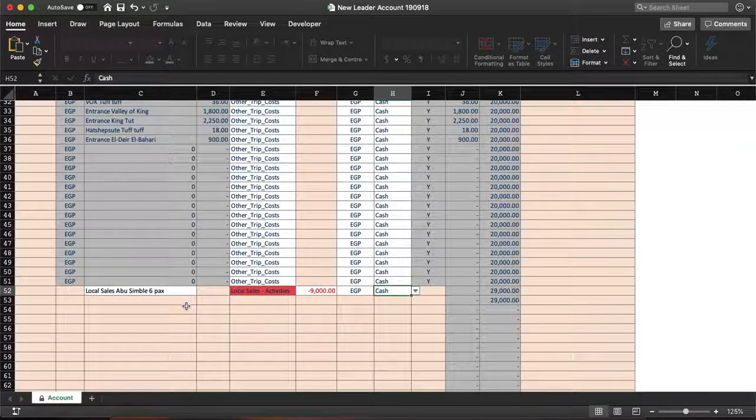In case you take any currencies other than EGP, for example from these 6 packs, 4 paid in EGP and 2 paid in USD, you can also write here the same description, and from here choose the same, and then from here you can write we have 180 USD